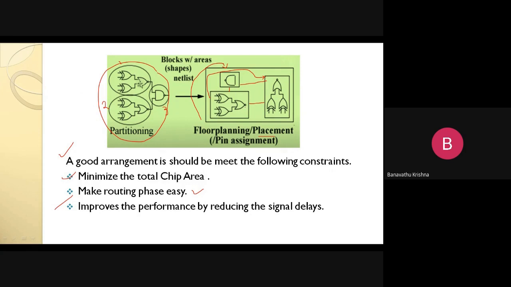particular chip area? And the third point is it improves performance by reducing signal delays. Automatically, when we make the routing connections in the easiest way, the signal delays are reduced. So when we arrange these parameters, the system performance improves. Okay. So the cost of the system decreases, the area of the system decreases, and the delay decreases. So we maintain these parameters, and automatically the system performance improves, right?